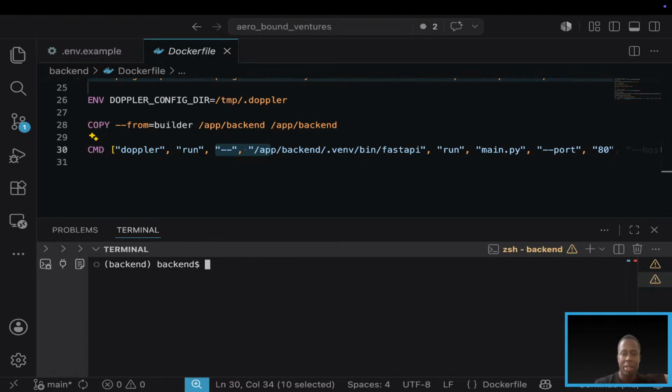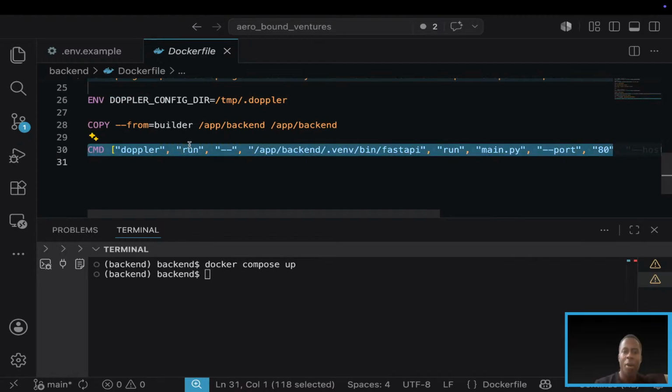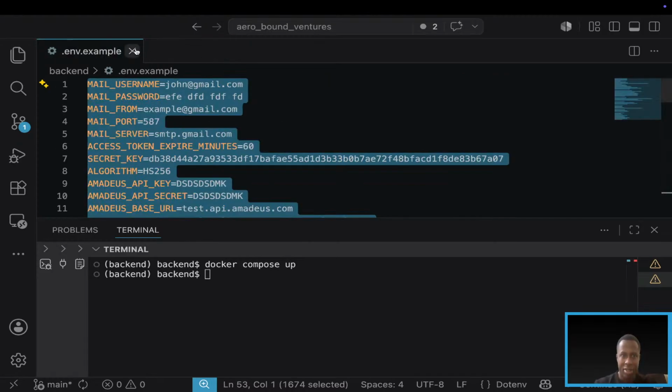In my case, right now, I don't need to do doppler run --. I can simply go ahead and say docker compose app, because Doppler has given us a command that we are able to use inside the container. And I'm doing that on line 30. How is that token passed on to the container? I'll show you